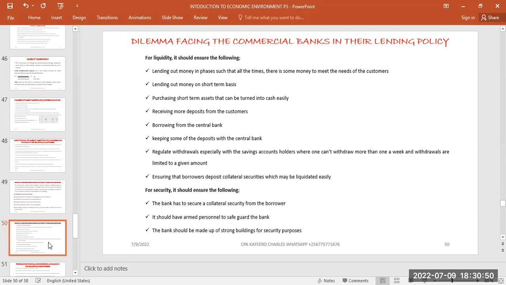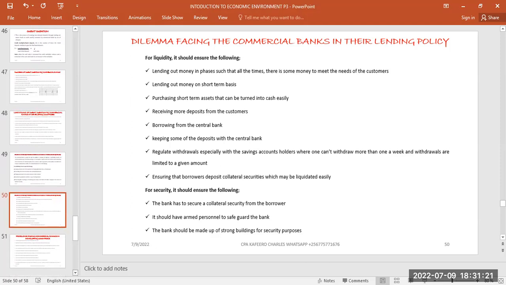That also scares people from joining the banks, because you find that someone can be having so many accounts because he knows that if I put over 20 million and the money gets lost, I will be refunded only 10 million. That's as per the credit protection policy. Those are some of the things that scare away people from using the bank, and they prefer to hold their money in cash form.